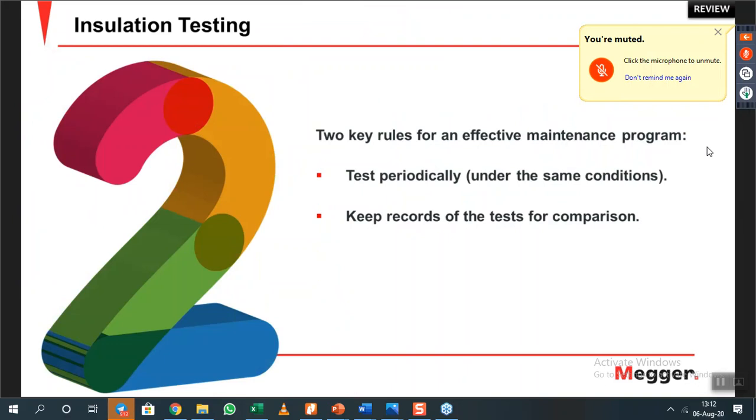So remember, for an effective maintenance program, you test periodically under the same condition and you keep records of the test for comparison. So test periodically under the same condition, that is number one, and you keep the records of